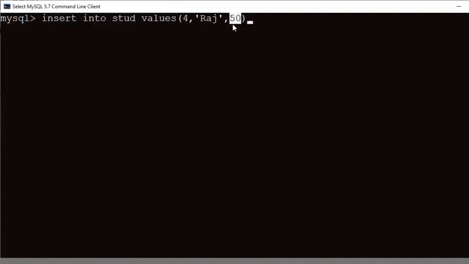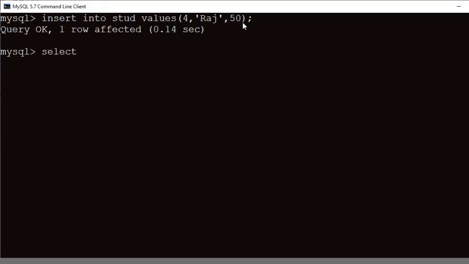So the 50 will not be directly inserted into the table. Instead the trigger will work first, that is the add process will be done, 50 plus 5, 55 will be added, then the data will be inserted. That is, before insertion the trigger will work first.